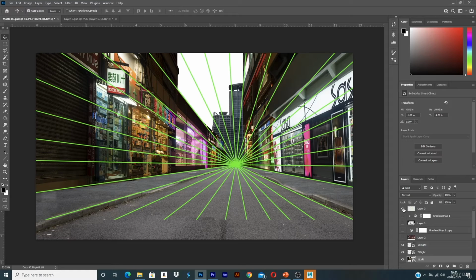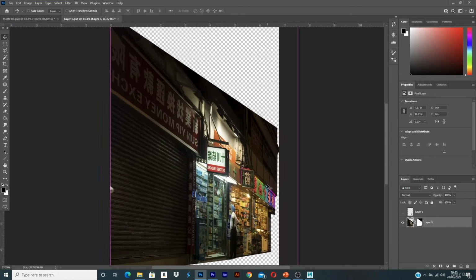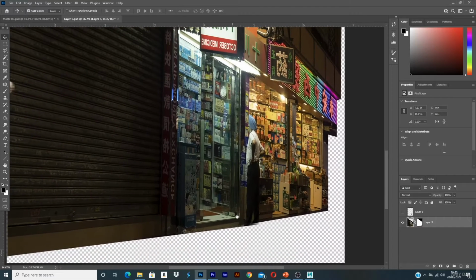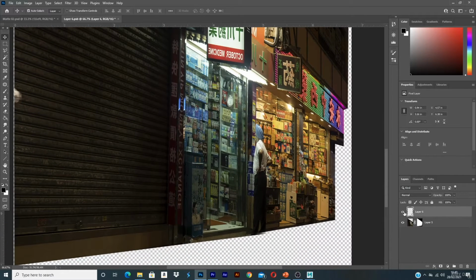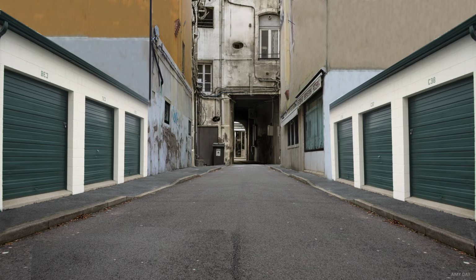That being said, some problems did arise with the perspective and the cleanup of some of the buildings. For example, this building started off with a man outside of it which needed to be removed. This caused some repetition to occur. I also wanted the scene to be more of an alleyway shot, therefore I decided to change the painting and